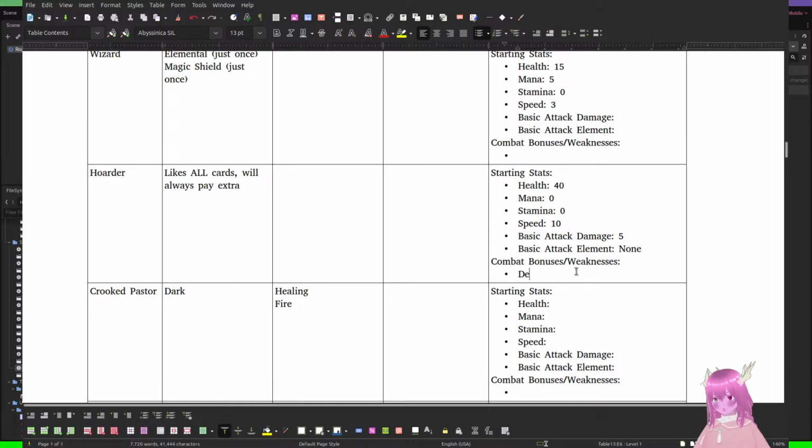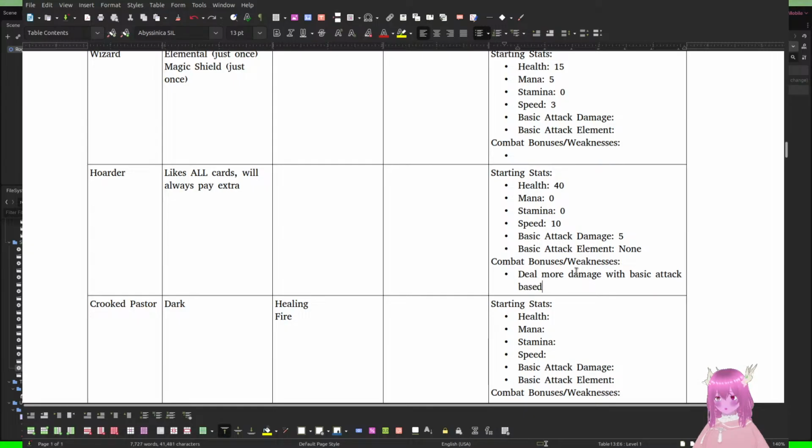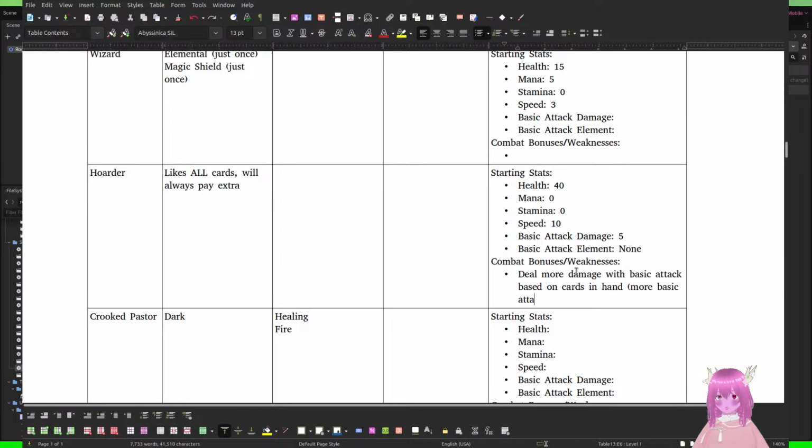And they deal more damage with basic attack based on cards in hand, plus more basic attack per stage.